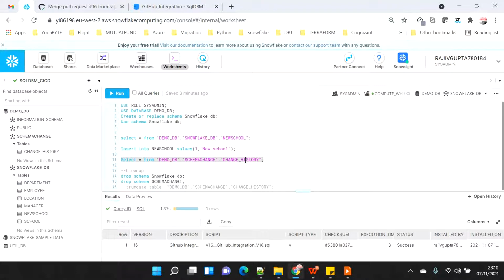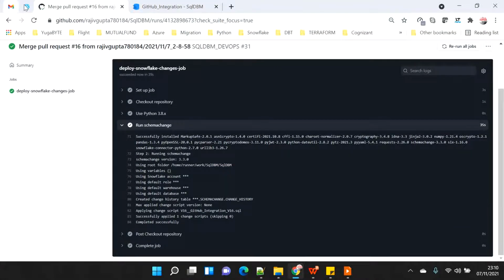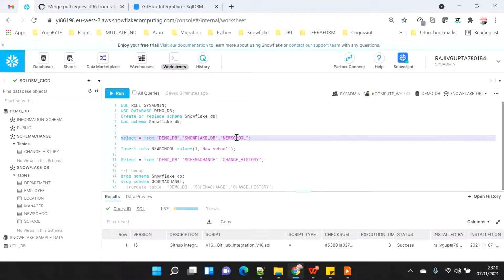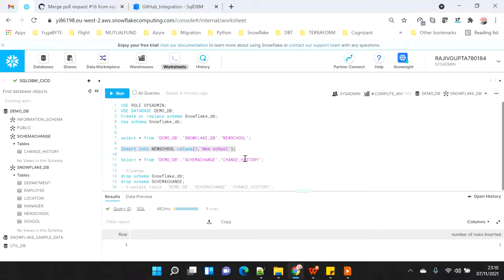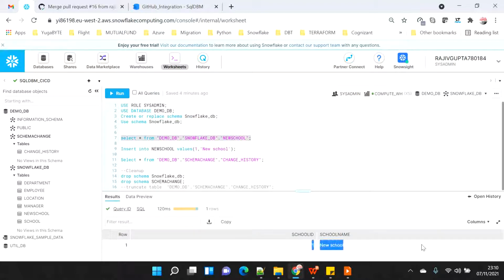Now let's see how we can make sure that our tables are not getting dropped. One thing we mentioned is that we should always select this, and another thing we can do is, let's say in the new school there is a table called new school over here. I'm going to insert a record, and if the tables are not getting dropped and recreated, this data will remain intact. So let's say we will do the select star, and we will see that we have inserted one record, and after redeploying we will see the same record still exists.